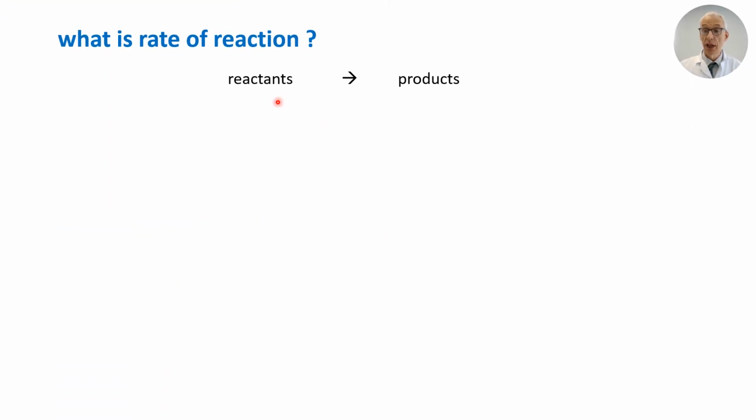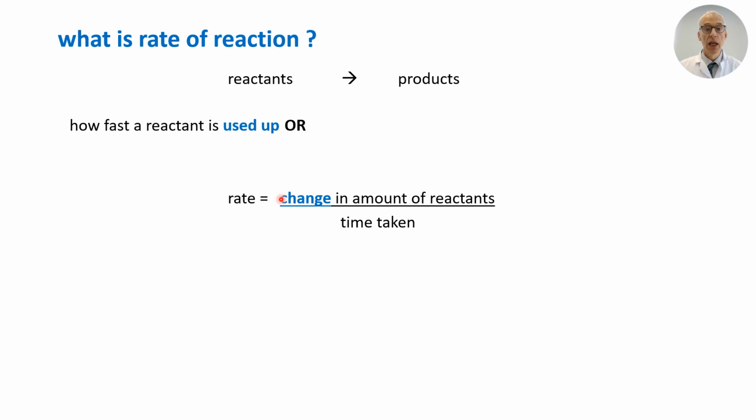Chemical reaction involves a change from reactants to products. How fast a reactant is used up could be said to be the rate of reaction. So the rate of reaction would be the change in amount of reactants divided by, very importantly, the time taken. Or